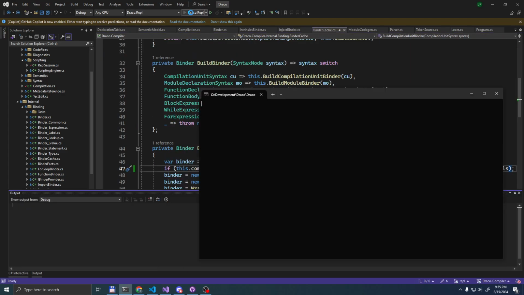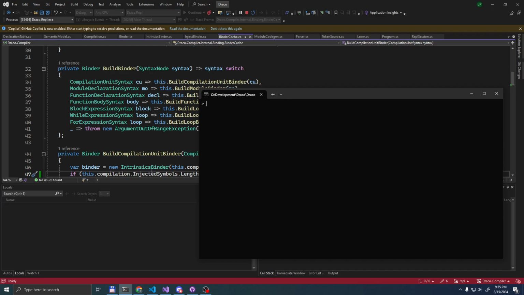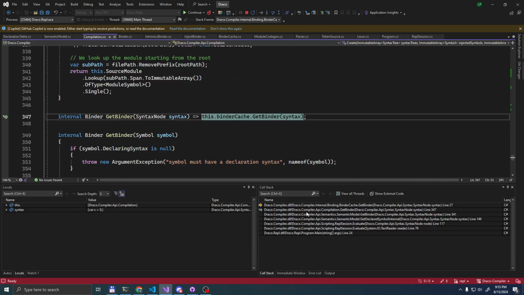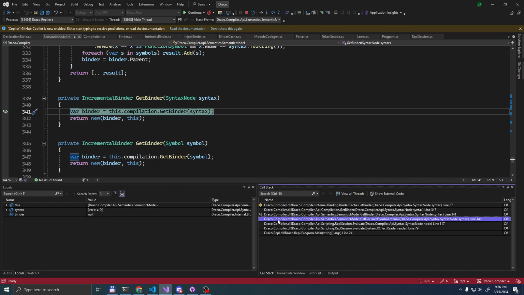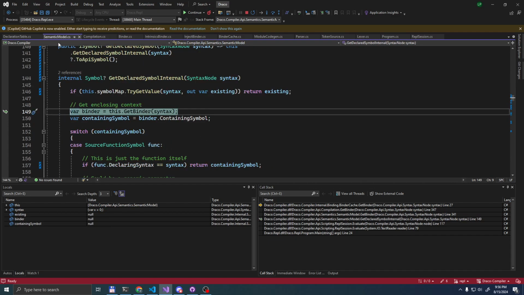Let's actually look which path fails here. Oh, the declared symbol.